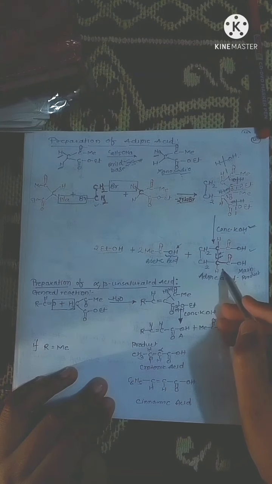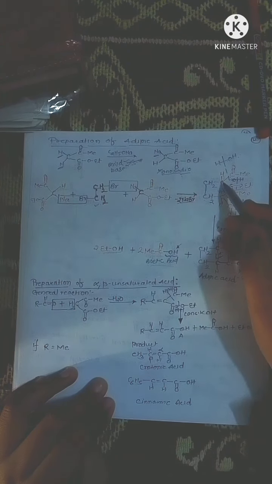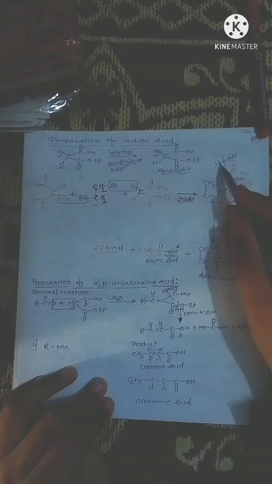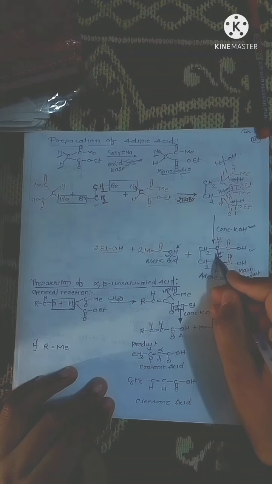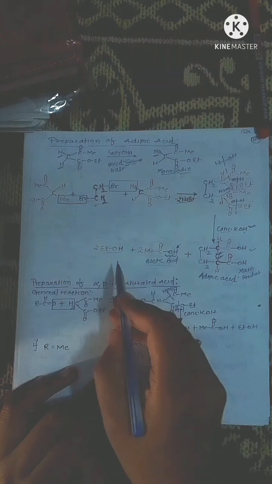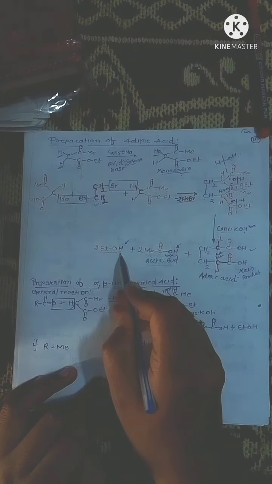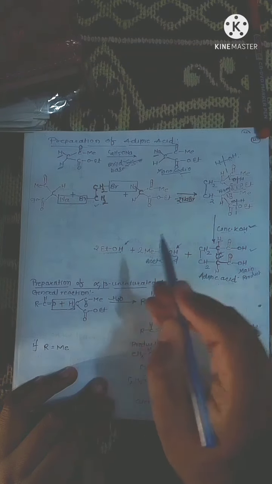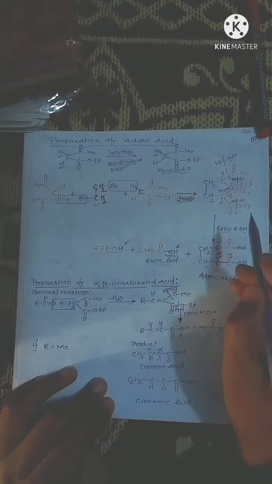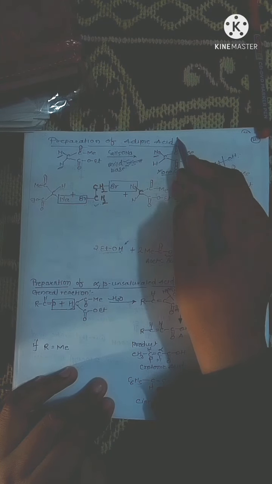Also in the adipic acid structure, just see the hydrogen which is written by red pen, it is already present on the carbon, and the hydrogen which is written by blue pen is coming from the water molecule. In ethyl alcohol, H is written with blue pen, which tells us that this hydrogen is also coming from the water molecule. So this is the overall synthesis of adipic acid by